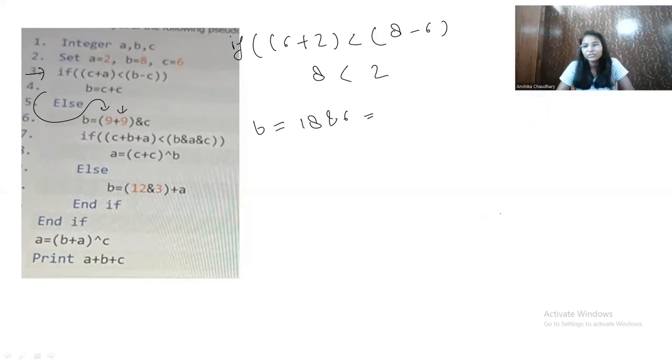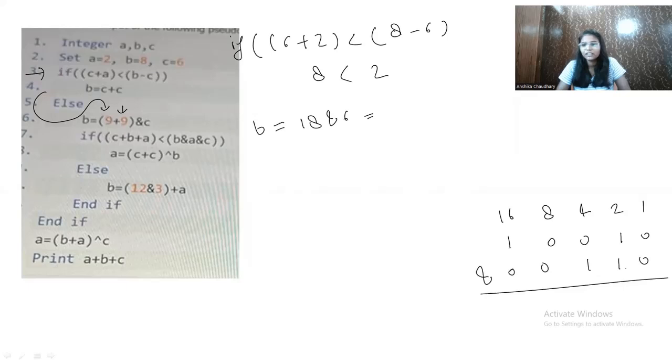According to 16, 8, 4, 2, 1, let's convert them into binary. 6 will be 1 1 0, remaining places are 0. So let's find out the AND. So it will become 2 only. B value is now 2.